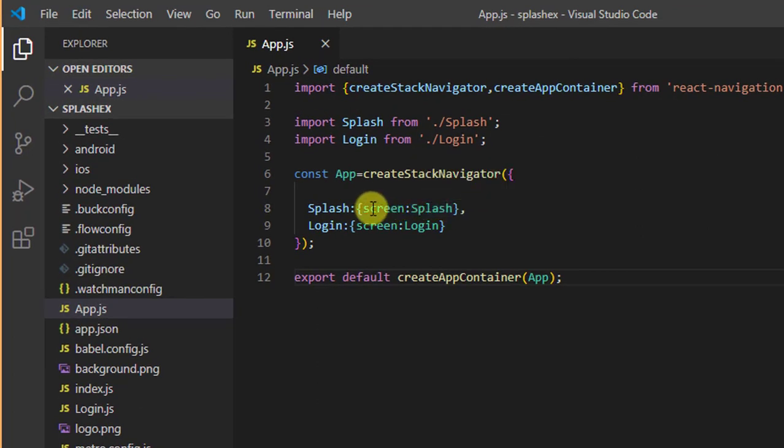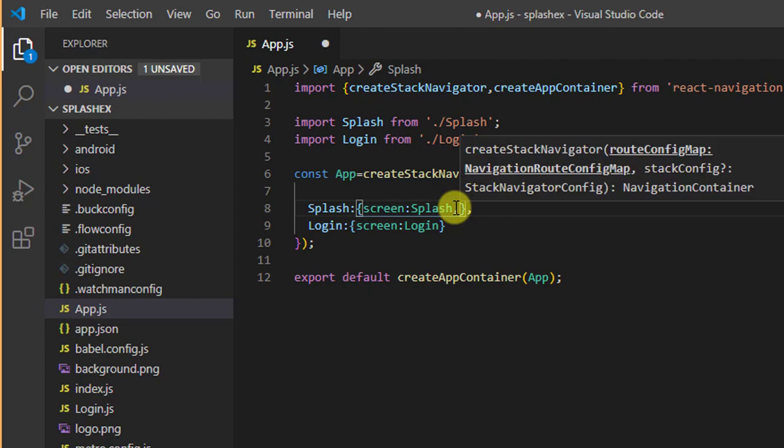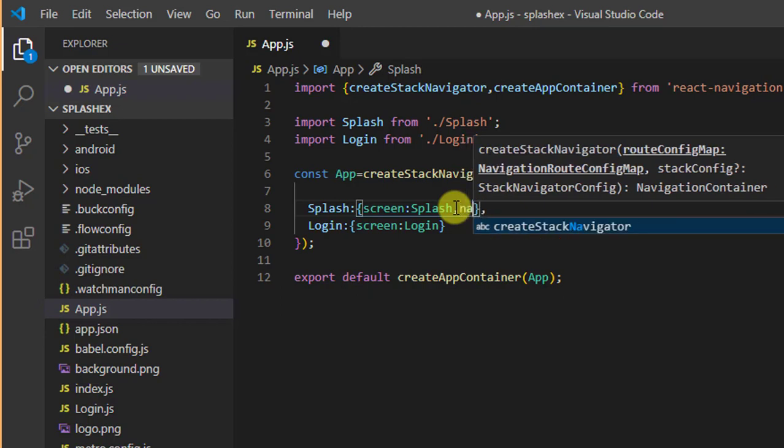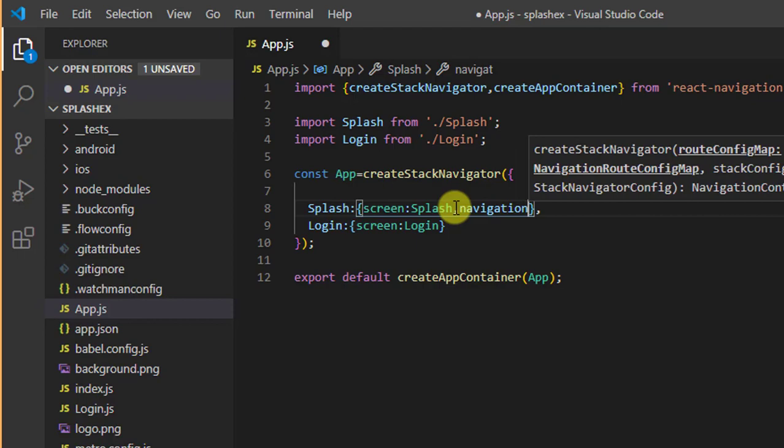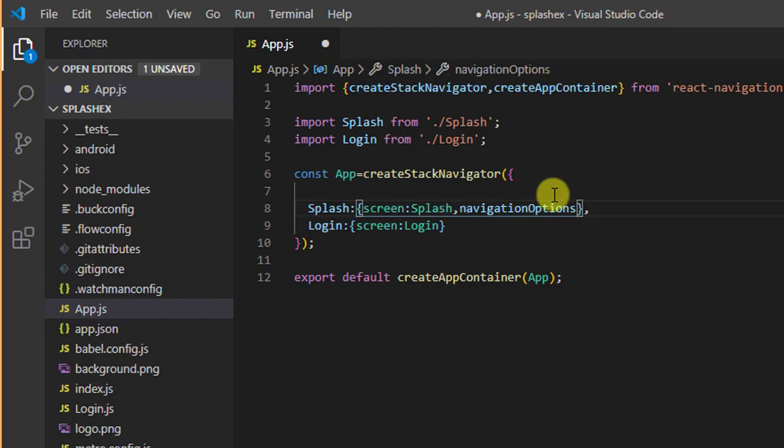For this we have to write comma. After comma we have to set additional properties, navigation options, colon. Inside the curly bracket we have to set header colon null.